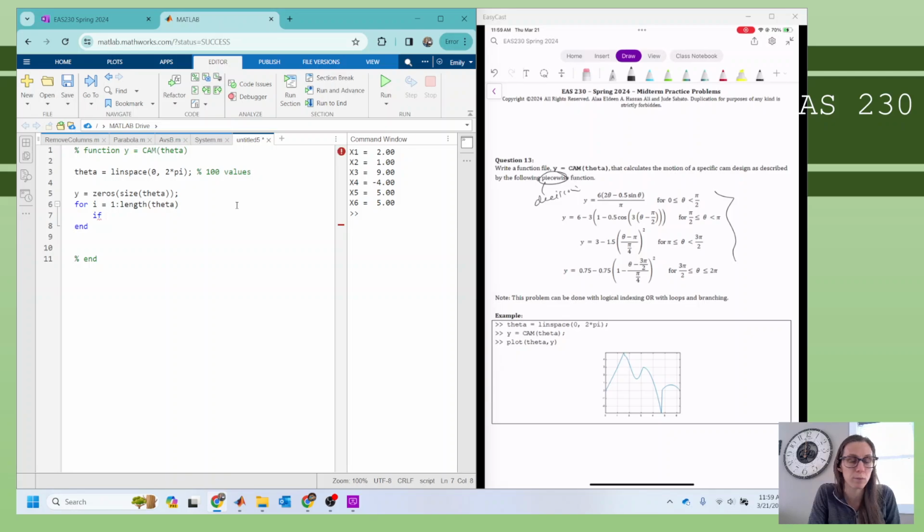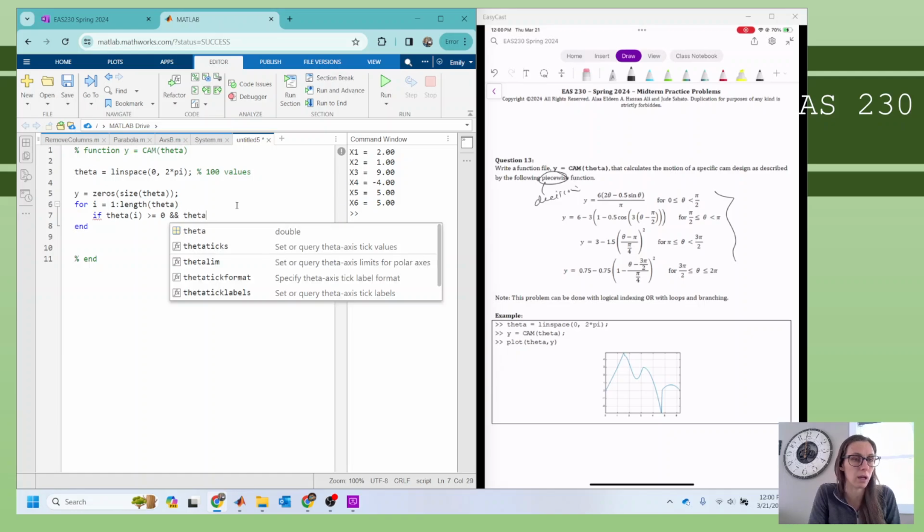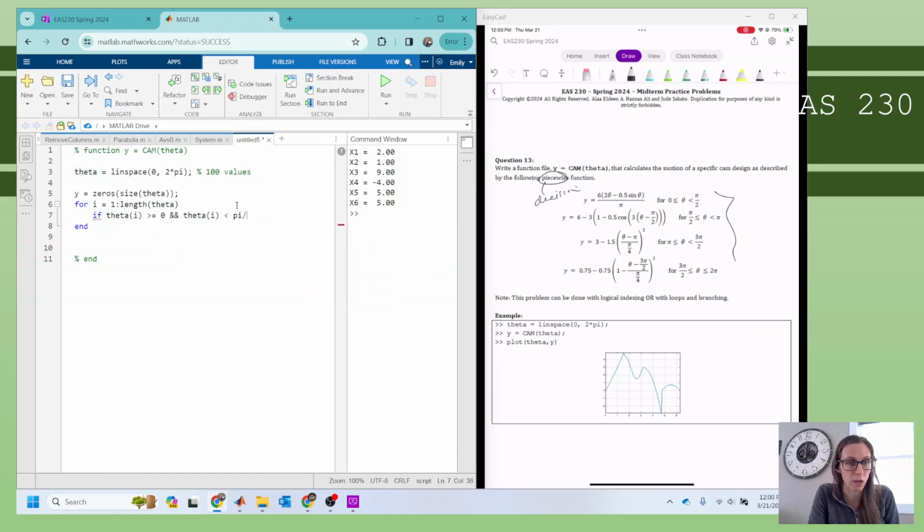So if theta i is greater than or equal to 0, and theta i is less than pi over 2, that means yi equals 6 times 2 times theta i minus 0.5 times sine of theta i, divided by pi. Else if